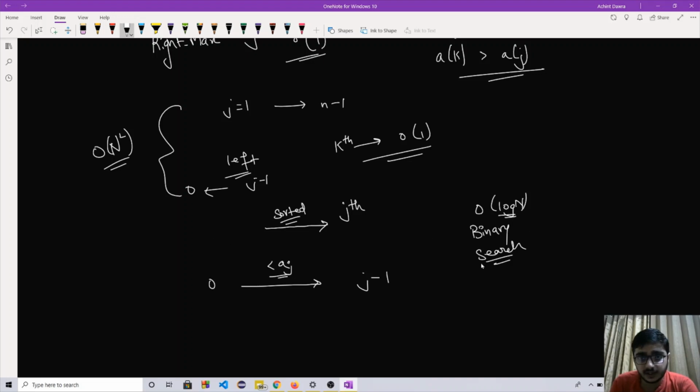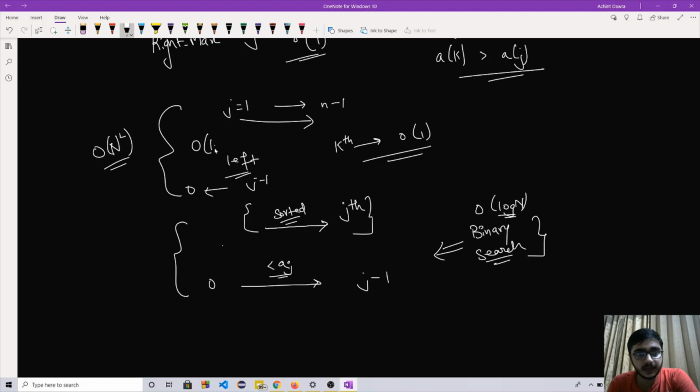So if we can do this, but for doing binary search, the elements should be in sorted order. So we need to think of some data structure which would keep the elements from 0 to j minus 1 index in a sorted order, right? So if we can achieve this, this loop would be running since we need to fix the jth element every time. For the left part, we would be able to apply binary search and that would give us an answer in order of log n time. For the right part, we have already built the right maximum suffix array, which is giving us the answer in order of 1 time. So our final complexity would be in order of n log n, right?